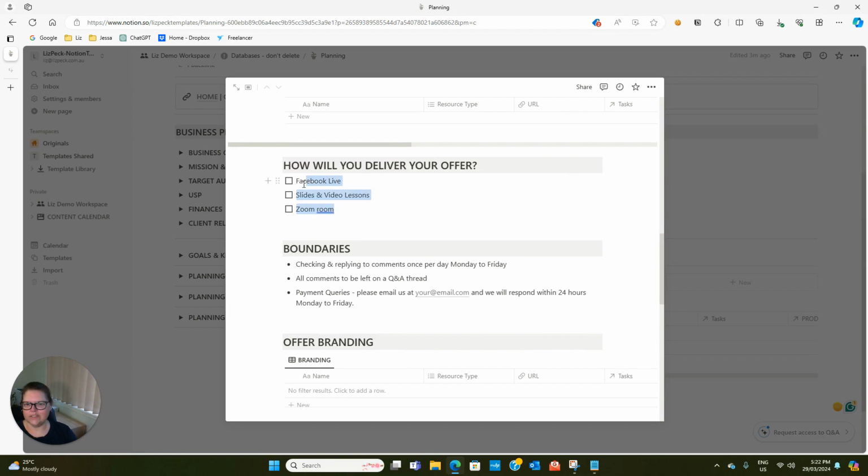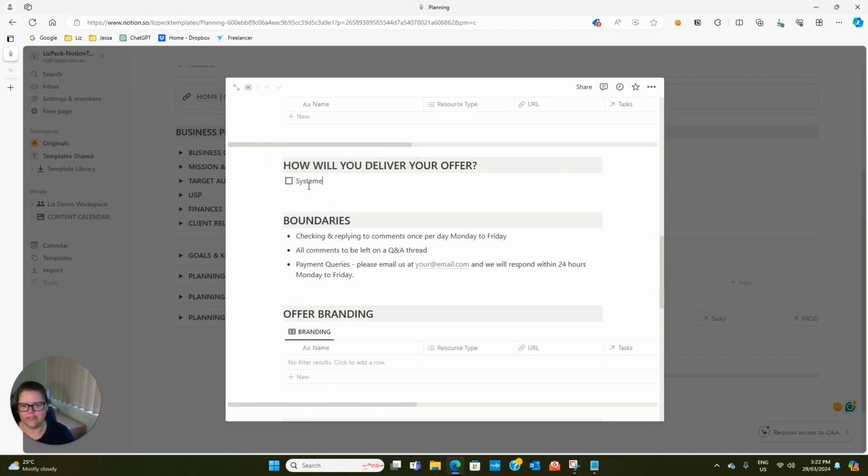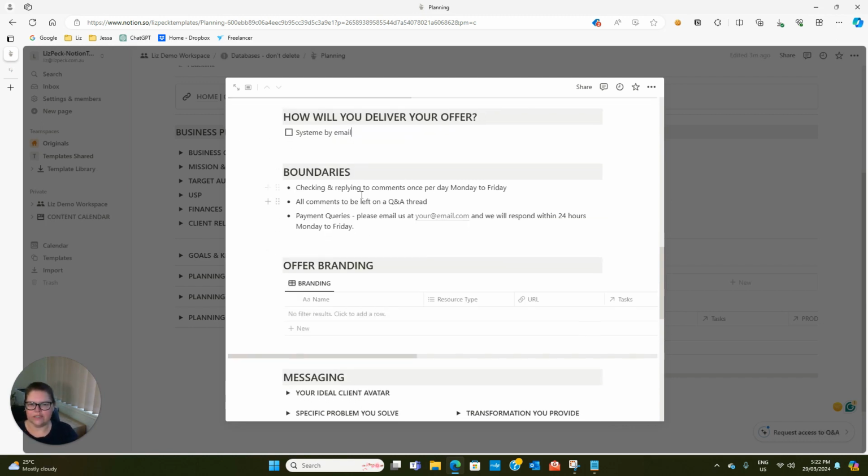How will you deliver your product? So this is going to be delivered by a system, by email. So if you're not familiar with system, it's like an email marketing platform. Boundaries. Okay, so this would be like no refunds